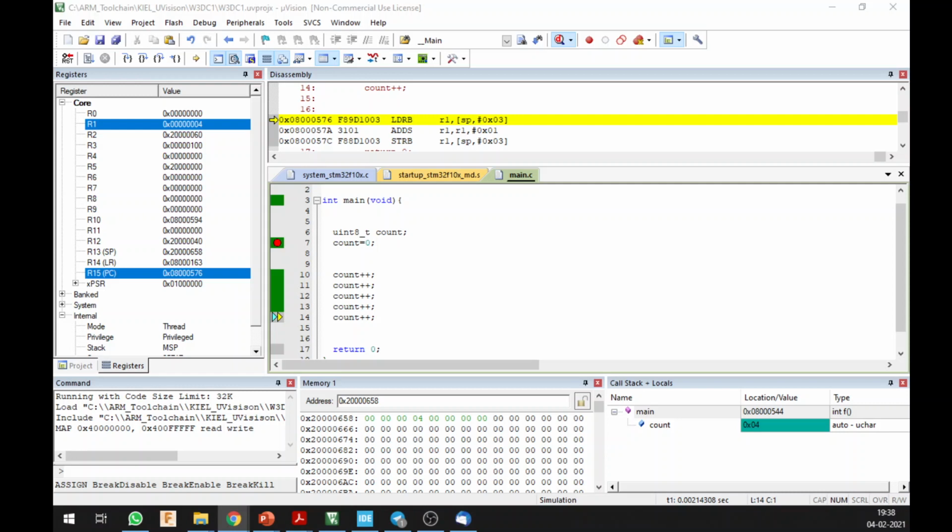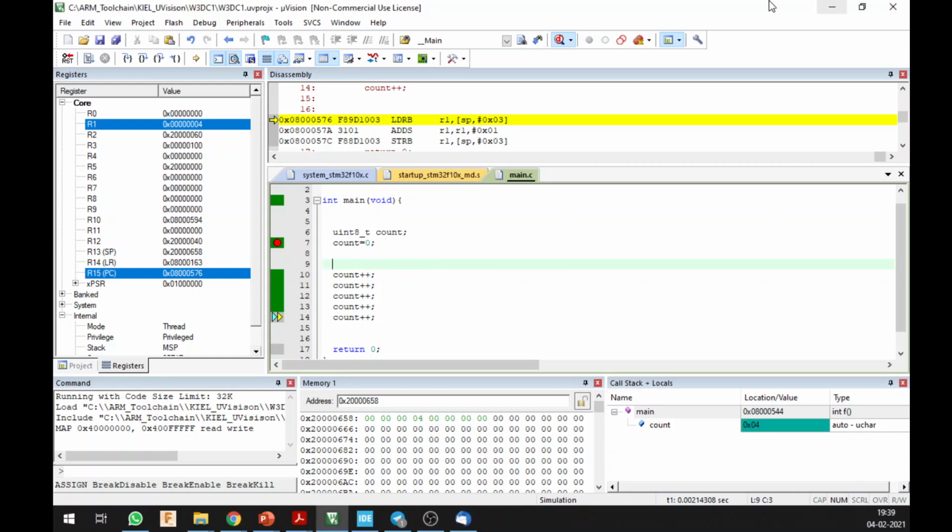So, one question. All right, please ask. Why are there multiple count plus plus statements? What is the purpose of multiple count plus plus? One count plus plus will do for the counter. I'm not doing a while loop. This is just to demonstrate. You do not see a loop over here, right? If I had added a loop, then one count plus plus should have been enough. The main purpose was just to increase the value of count. It's just for demonstration. This is not good code. Did I answer your question? Yes, sir. All right, great.